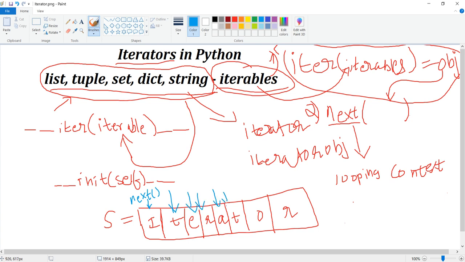As and when it reaches the end, and if you call this next function again, there is nothing after this. So it is not very intelligent to identify what is the end of the string or length of the string, and then stop. That kind of intelligence or capability is not there inside this next method.